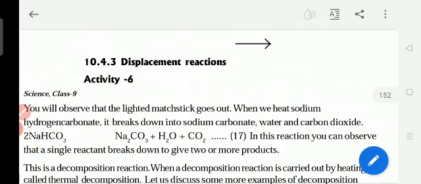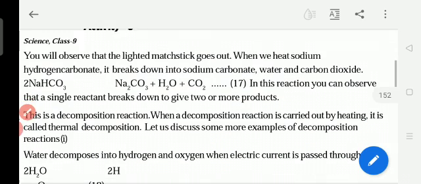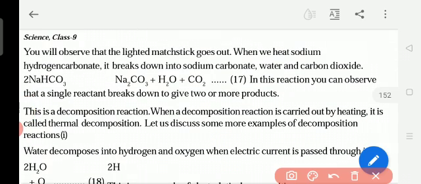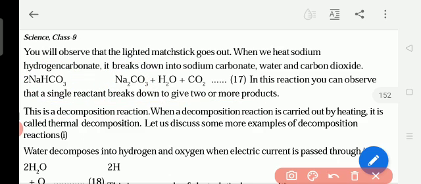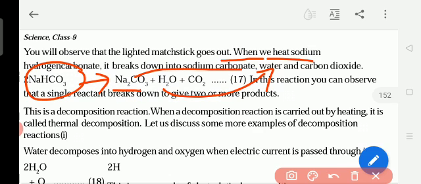Now next one is the displacement reaction. So what does displacement reaction mean? For example, when the single reactant breaks to give more products, it is called a decomposition reaction. Okay, so NaHCO3 means sodium hydrogen carbonate. Understand? When we heat the sodium hydrogen carbonate, it breaks into sodium carbonate, water, and CO2 means carbon dioxide. So next one,